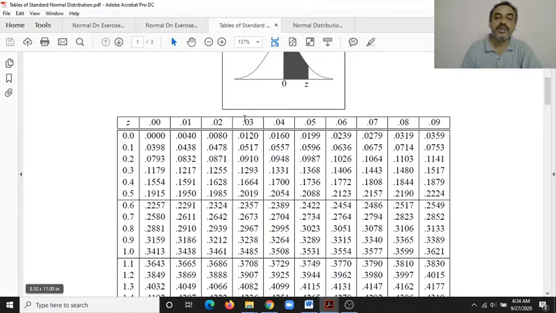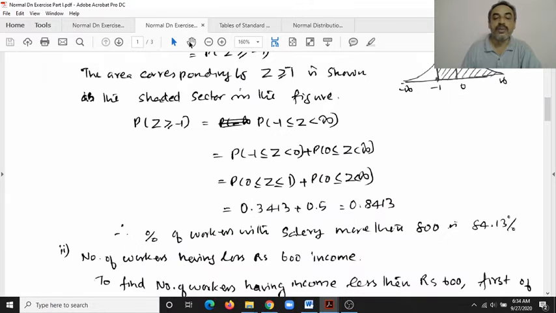So the area from 0 to 1.00 is 0.3413, which is the coincidence of the row 1.0 and the column 0.00. Values of z are obtained by combining their row and column in corresponding order. That is, 0.3413 is the area from 0 to 1.00. So we have 0.3413 as the area of the strip 0 to 1, or equivalently minus 1 to 0, and